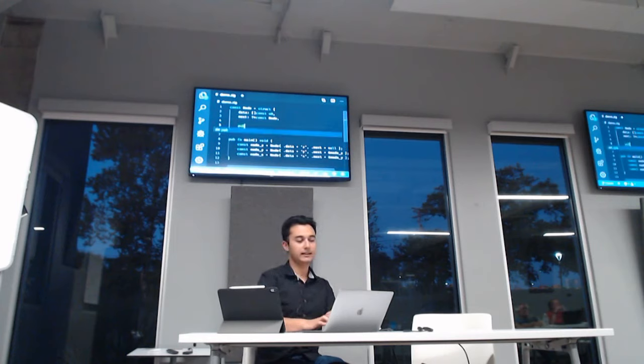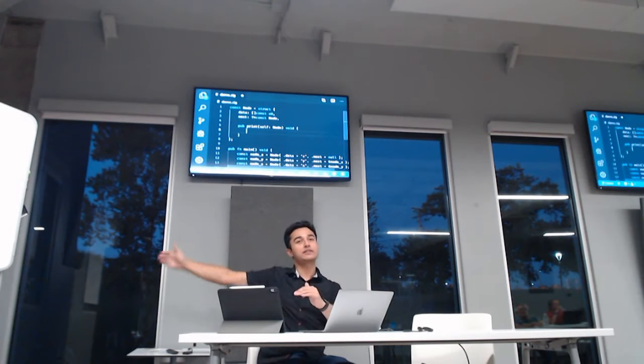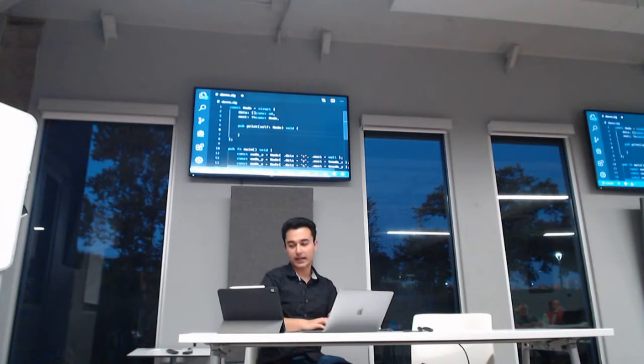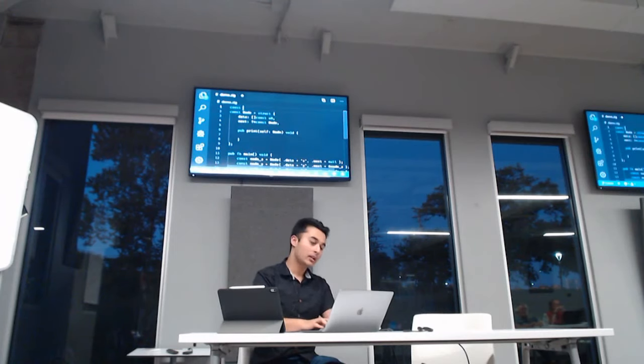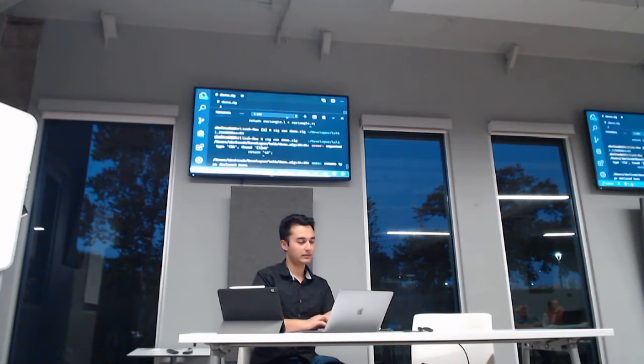Let's say I want to create a print function that takes in a node and then just prints whatever is after it one by one. So I would do something like, I will not delete that, I promise, next time. Import std.debug.warn. Cool.